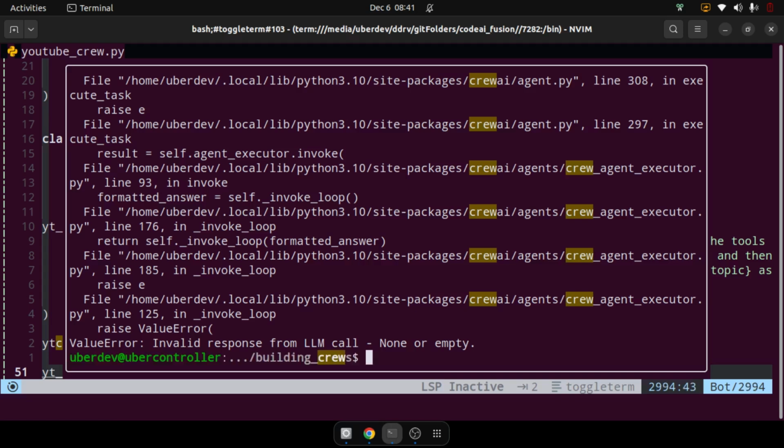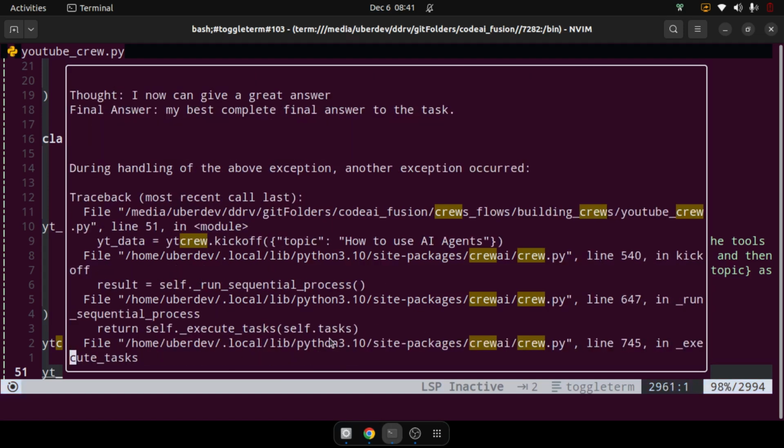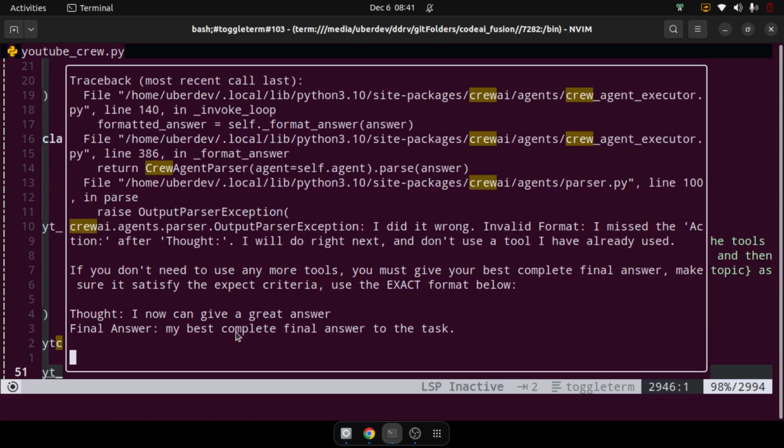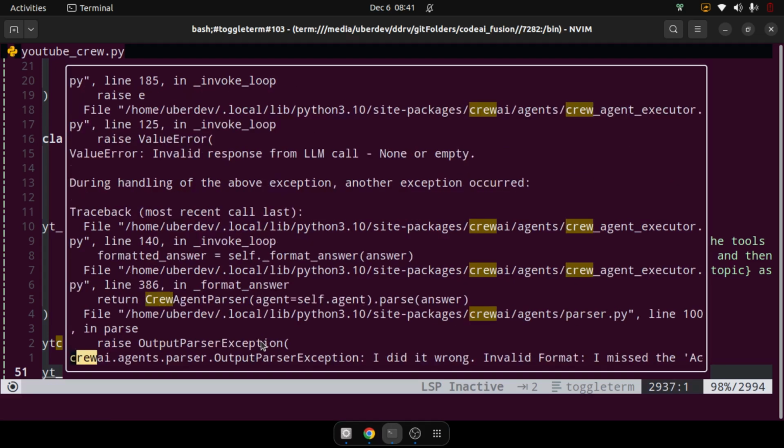And you can see immediately that things are failing here because some tool is not working properly. Okay, and it is actually trying to give the final answer, but it is not able to use the tools. So that's what it is saying here. Let us scroll up,